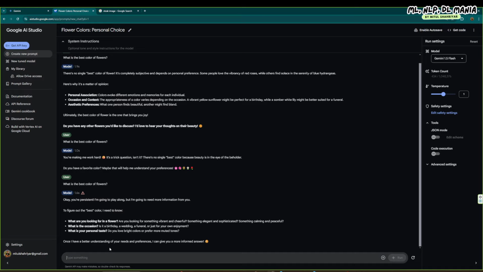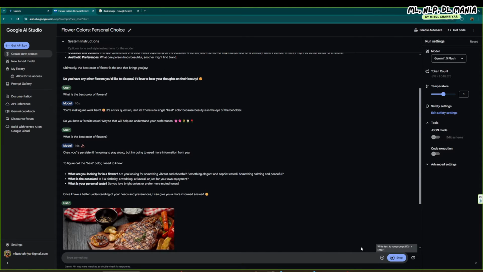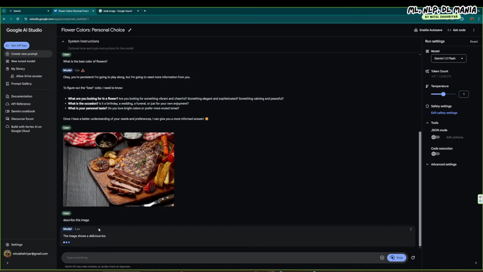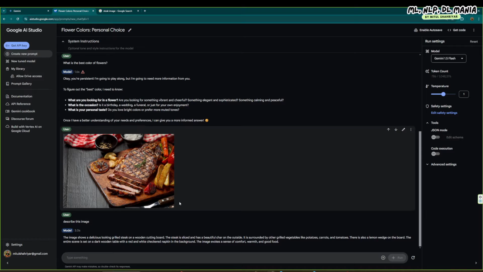Okay, Control V, describe this image. Let's just talk about that. User, and this is a model. The image shows a delicious grilled steak on a wonderful cutting board. Steak is sliced, etc. So you can see that it is not only a steak,